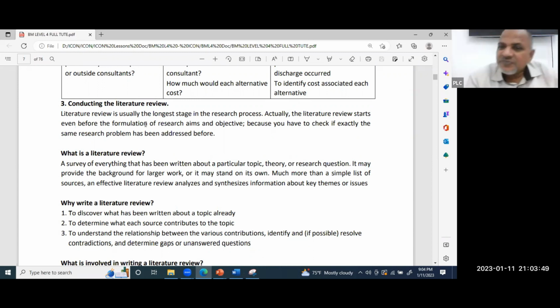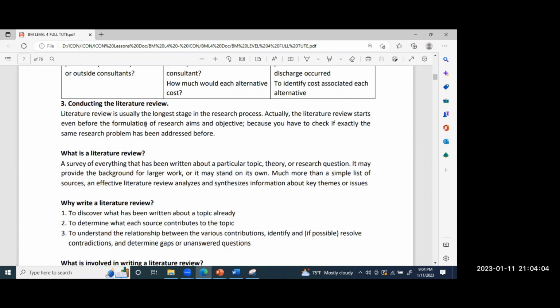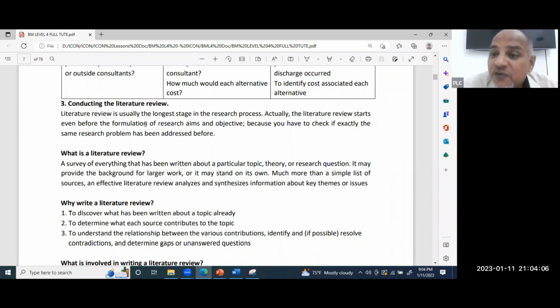So what you have to do? You have to go and get your literature. Where do you get your literature? By reading research articles, books, magazines. Okay, you get some information about it. And then you have to quote the information. Where you got that, you have to say this person has quoted, this person has stated, this person has told. Okay, and then you have to bring this message and highlight and support